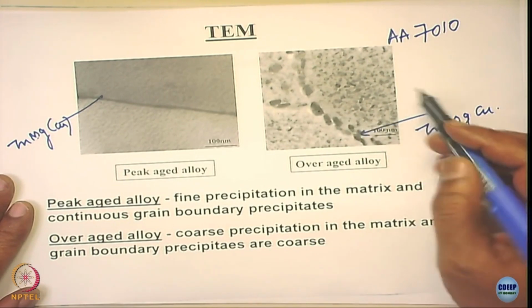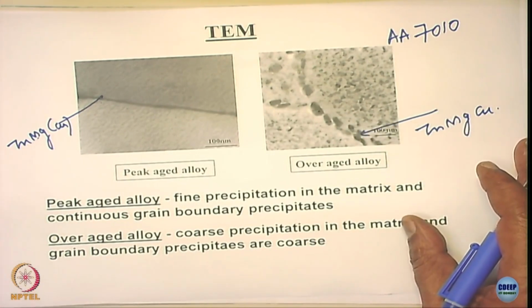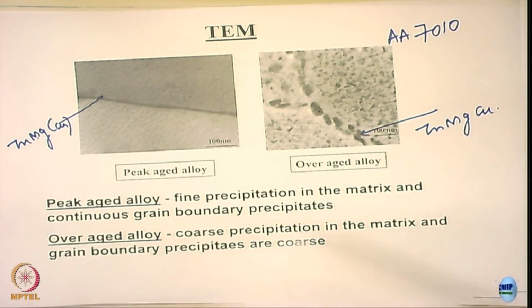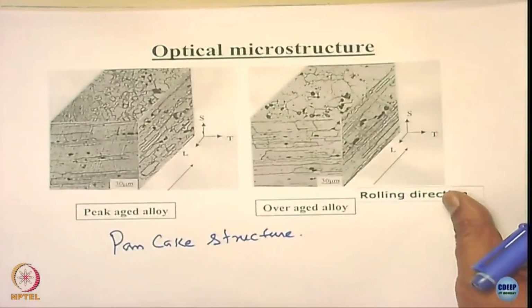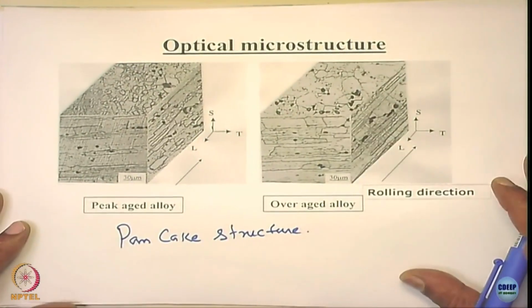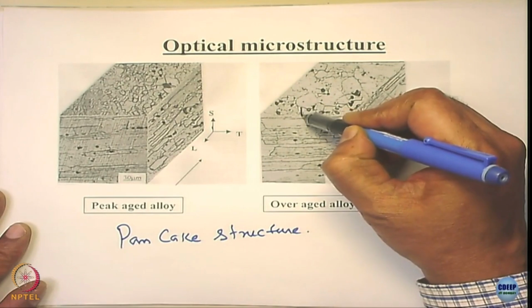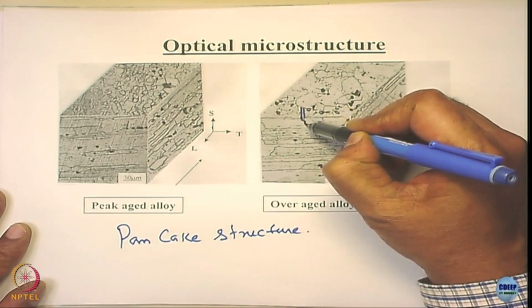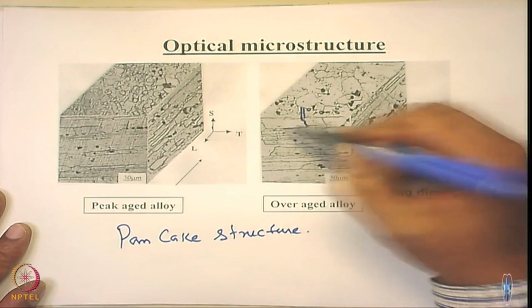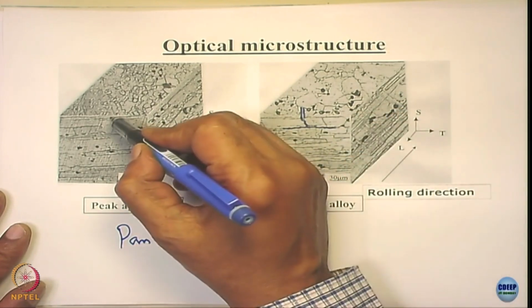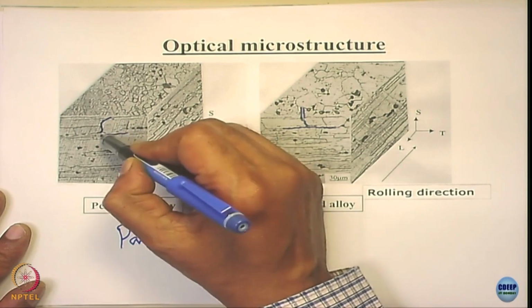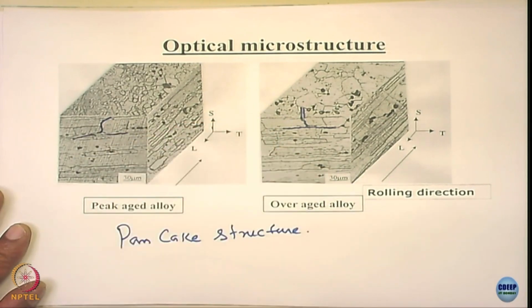It happens here. Now the problem that happens here is that when they have a pancake structure like this, when corrosion occurs on the surface, maybe due to pitting or whatever, the corrosion proceeds inside. It proceeds inside like that, along these things, right? It can proceed like this also. When the corrosion proceeds here,